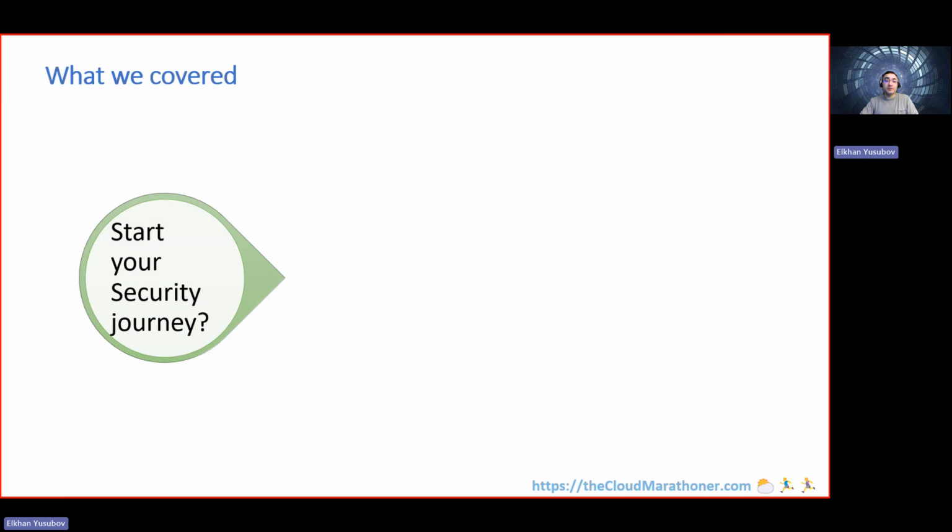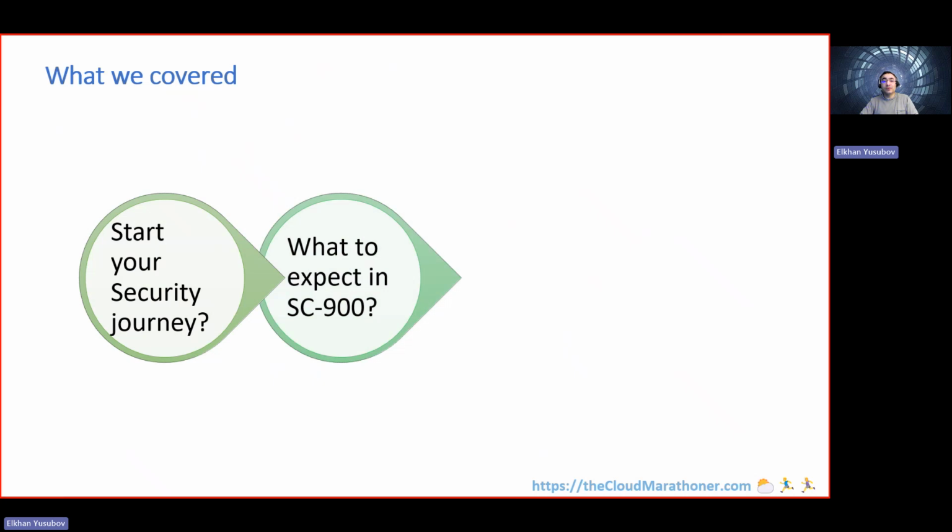So we started with understanding the security journey, what is there, what type of journey you should expect, where you can start, what are the role-based security certifications, as well as how you can get more specialty-based understanding of the security domain. Then we looked into what to expect from the CS-900 exam, which stands for Security, Compliance, and Identity in Microsoft.